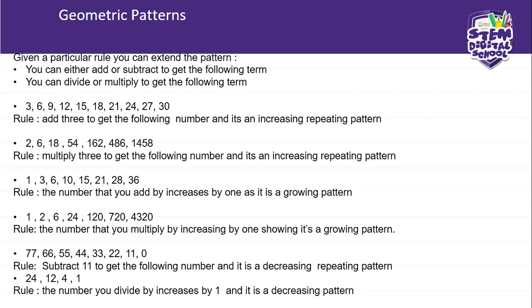Pattern rules. A numerical pattern is a sequence of numbers that has been created based on a formula or rule called a pattern rule. Pattern rules can also use one or more mathematical operations to describe the relationship between consecutive numbers in the pattern. Descending patterns often involve division or subtraction.